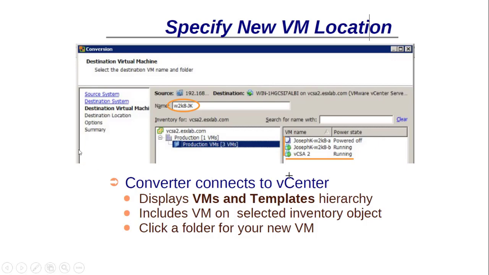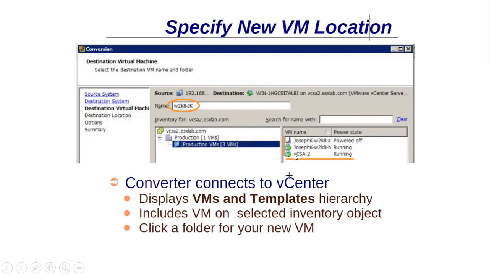For example, here you choose the name of your machine. Basically this is the name you want to give your machine, if you want to change the name. It will display the VMs and templates hierarchy, including VMs on the selected inventory object. Because I selected the vCenter, it will show the vCenter. This is my data center product folder, and after that I have a folder called production VMs, which contains 3 VMs.